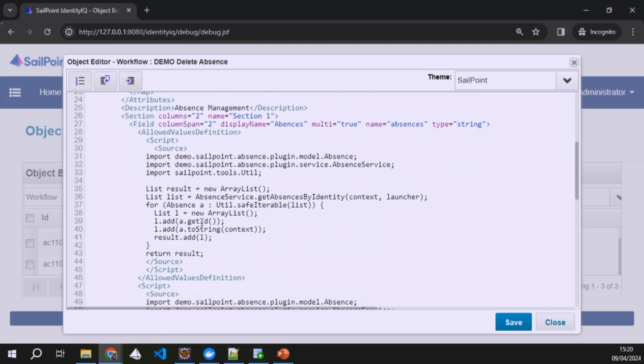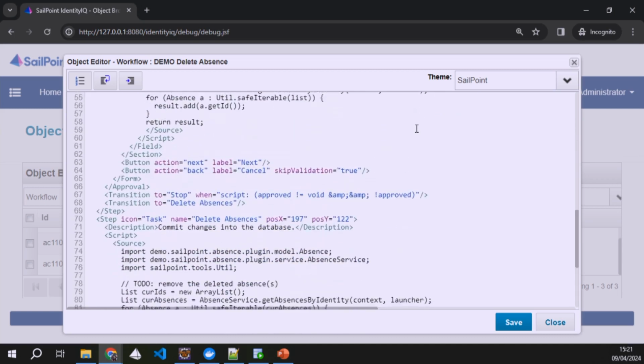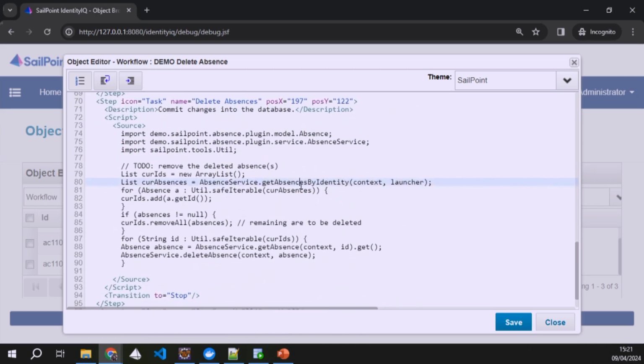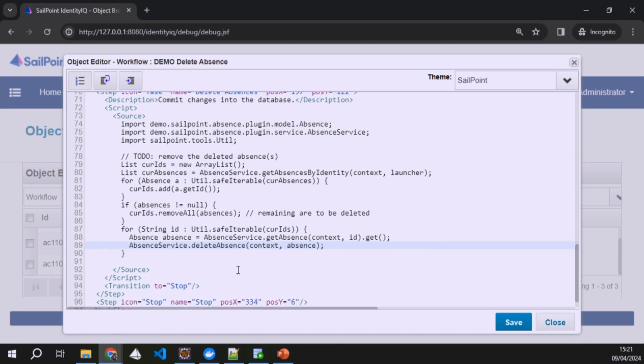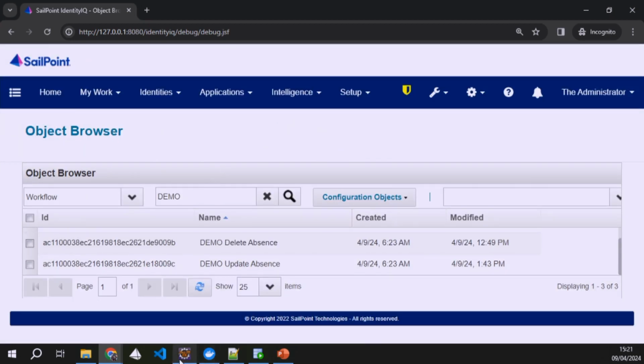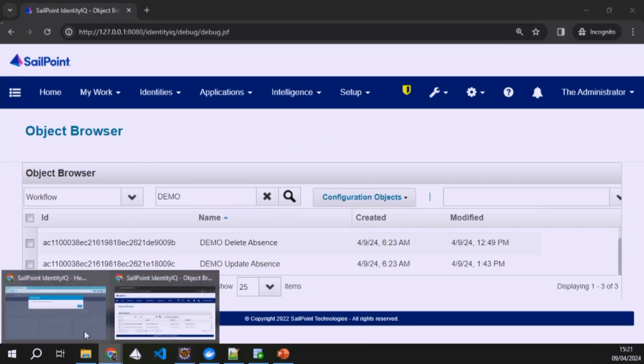So in my approach, I only store the absence as a list of absence IDs, a list of strings. That's why firstly I get all the absence and then store their IDs to a list. If the absence is not none, then I remove all. That means the remaining ones there will be deleted. Then the later one, I loop through all the IDs, get the persist object and delete it directly. Good, now we complete the first part here. So coming back,